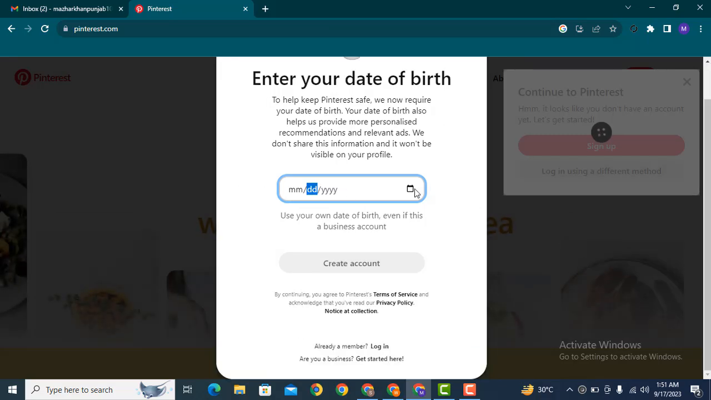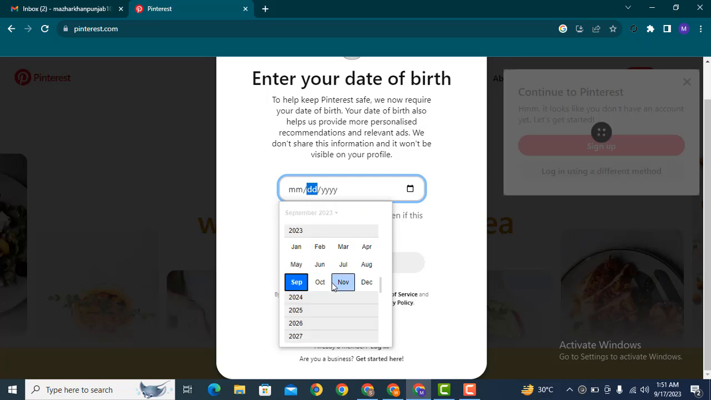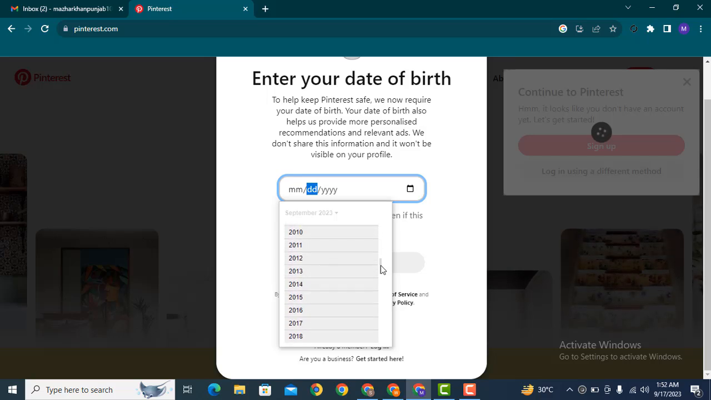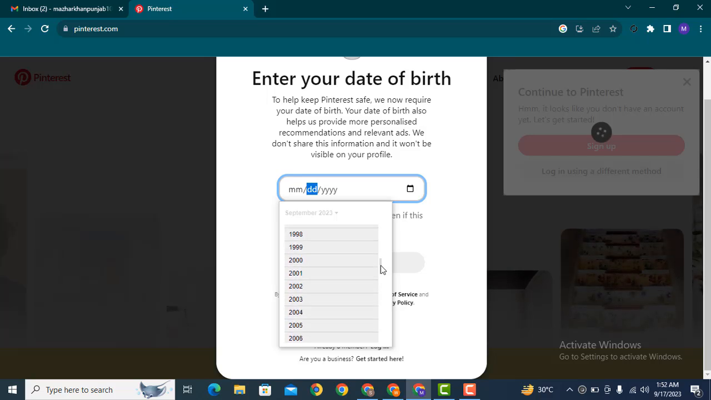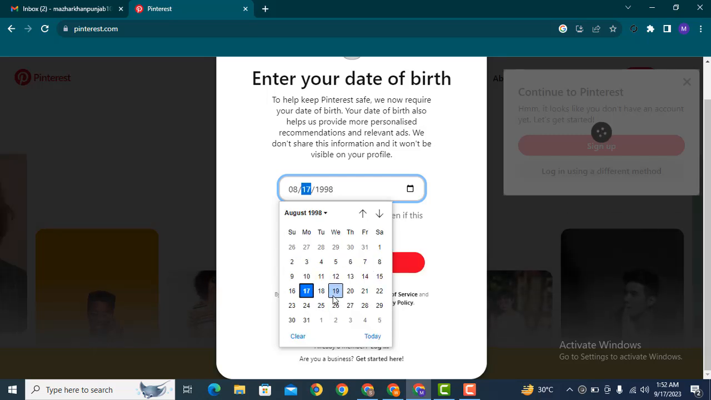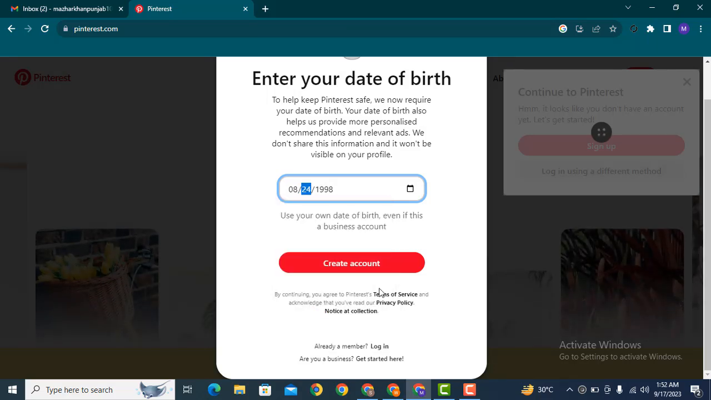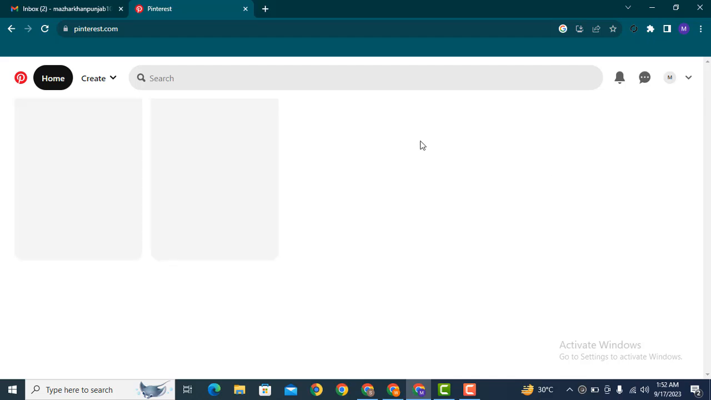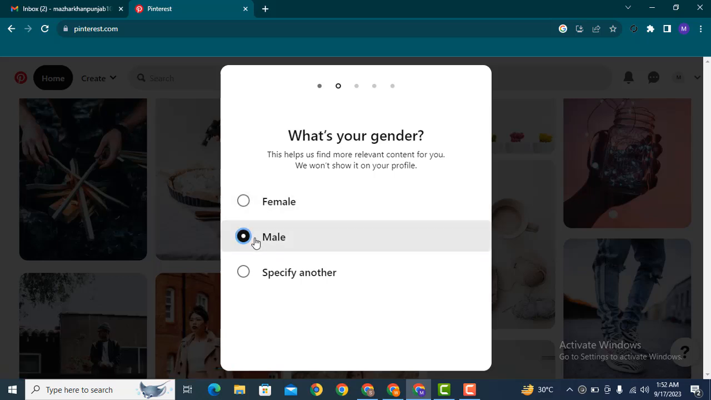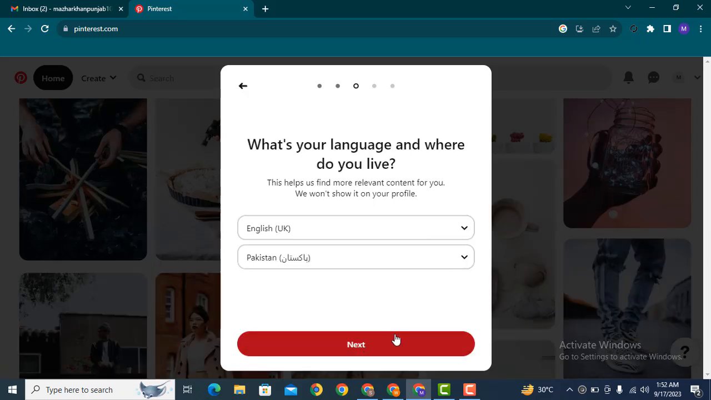Then add the date of birth. After that, click here create account. Here you can see account has been created. After that, fill up this detail, your country name,